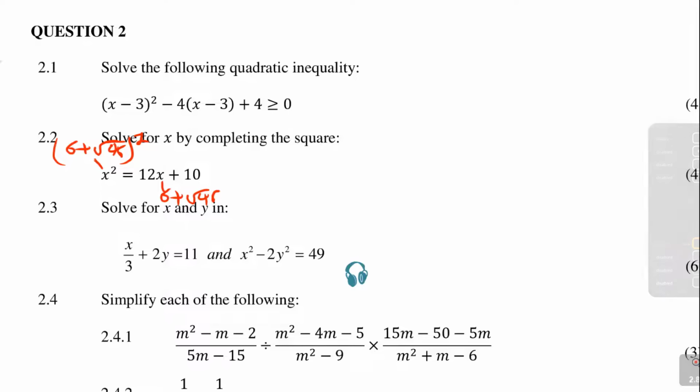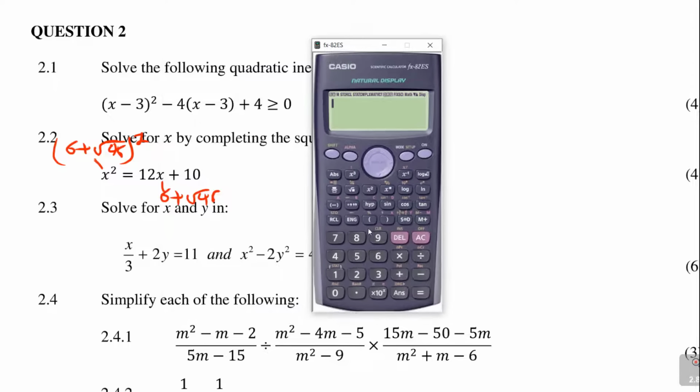So let's do that. It says x squared. So I put a bracket, which is 6 plus square root of 46, squared. You say equal to, notice the answer, it's 163.387. But the key one is 163.387. I'm going to do it on the right hand side to see if I'm getting that one. It's 12 bracket 6 plus square root of 46,